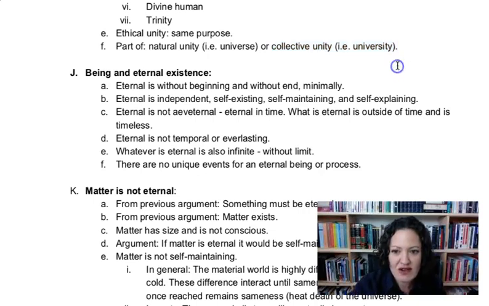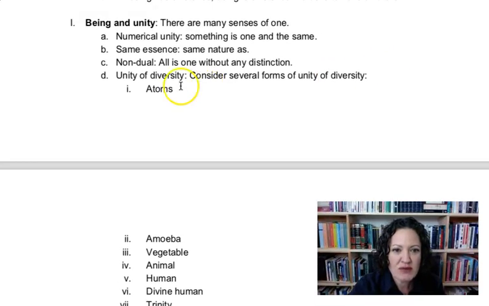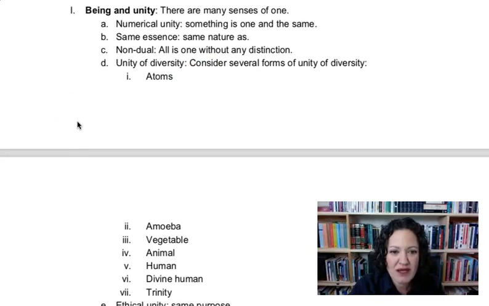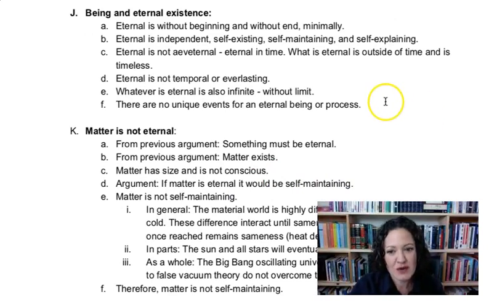So here are many senses of one, and if we're in a discussion and someone says, oh, one, we can say, what do you mean by one? And this is also material for us to think about in terms of being. Sometimes knowledge is just an end in itself. It's good to just think about nature and the aspects of the universe and human nature and divine nature as an end in itself, because it's pleasing and it leads to greater understanding. So I would encourage you to think about these things. Remember, this isn't just a class. We want to find meaning, and this is part of finding meaning.